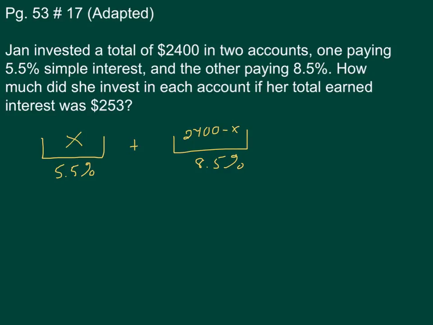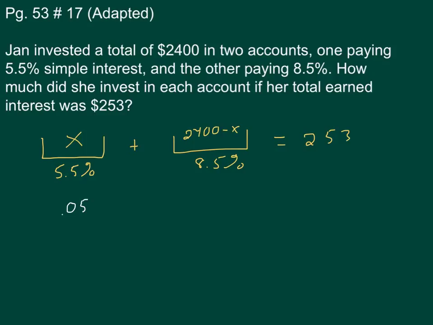All right. And when I do that, I'm going to get a total of $253 in interest. So basically, at the end of the year, I'd have a total of $2,653 by taking my investment and adding it to my interest. Now I can actually set up my equation pretty quickly from there by taking the 5.5% of that X. I'm putting X dollars, I'm getting 5.5% interest. I express that by doing